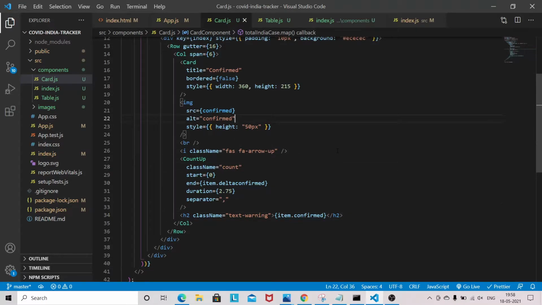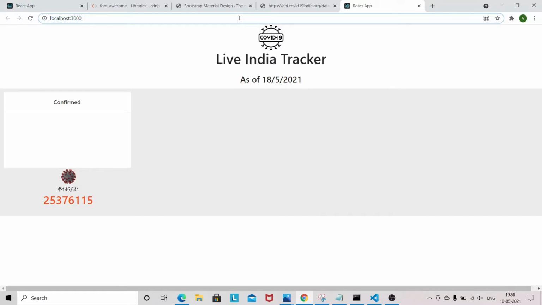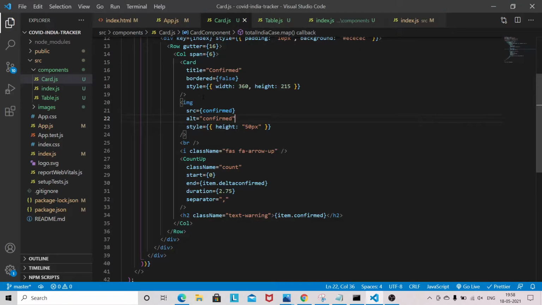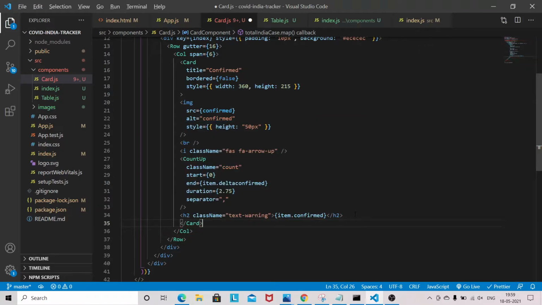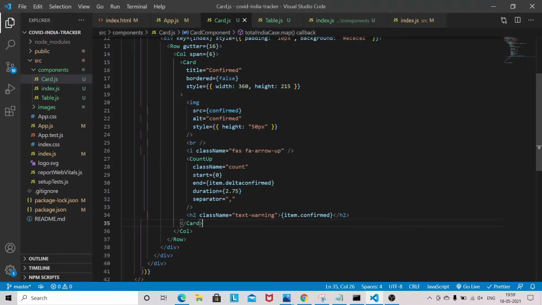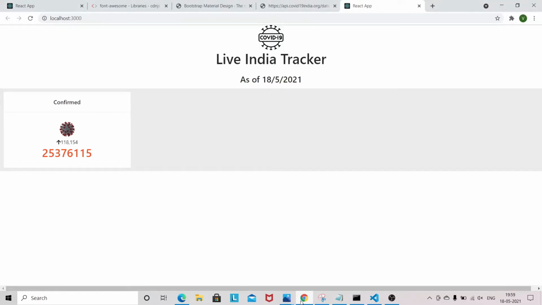Okay, so let's see. And this card I think we have closed here, that's why we are not getting it in the card. So just close the card. Now we are getting this.